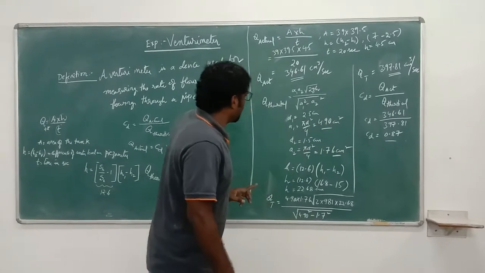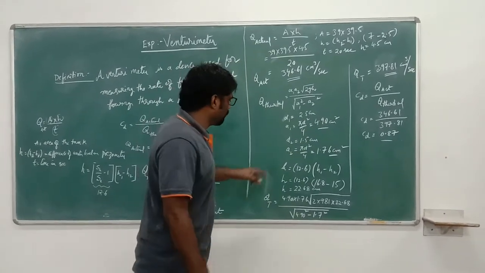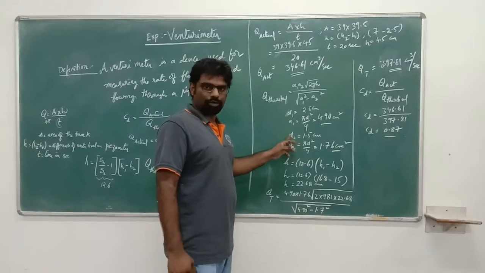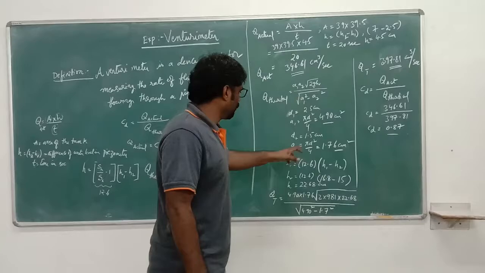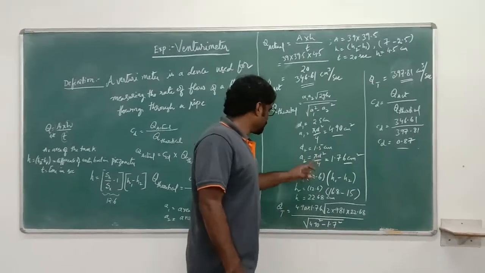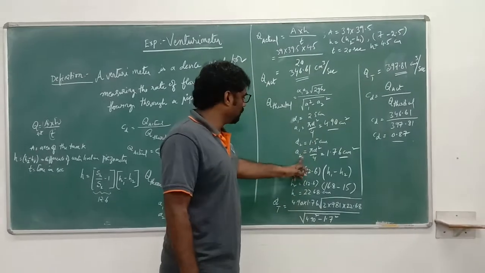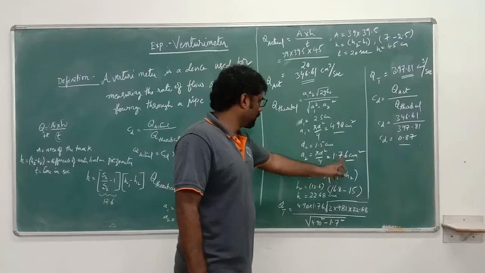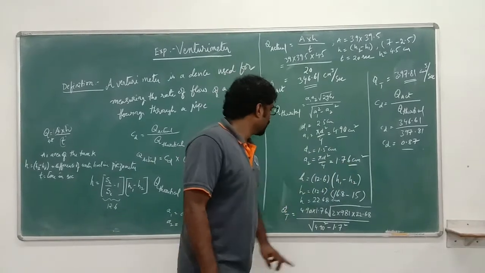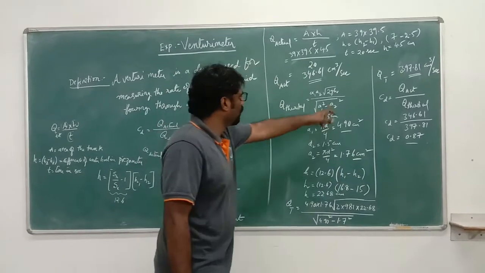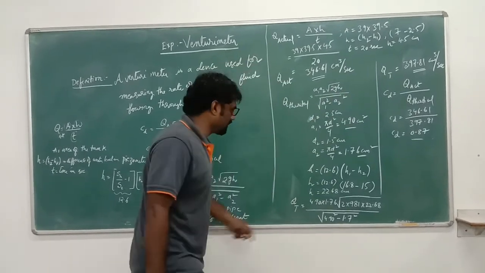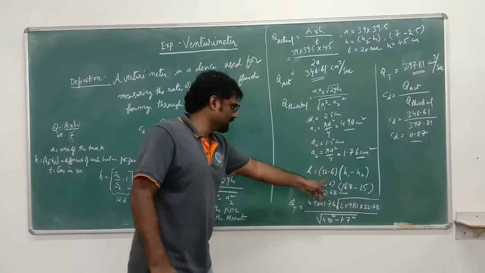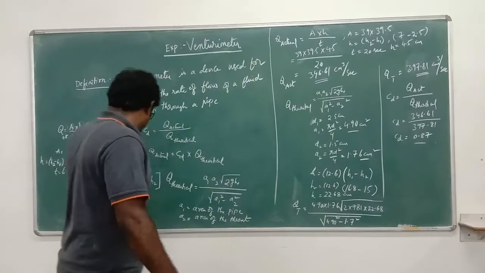square. Now for finding out the A2 value, we have to know D2, the diameter of the throat. We know that is 1.5 centimeters. So from that we can find out the A2 value. By using this formula, we got A2, that is 1.76. Now we know A1, A2, we know G, that is 981, and H, to find out the H value, this is the formula. So this 12.6, we got it from here.